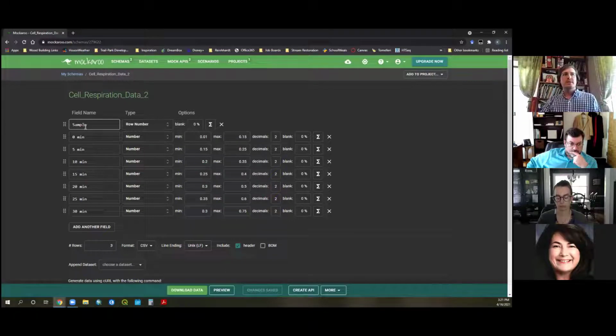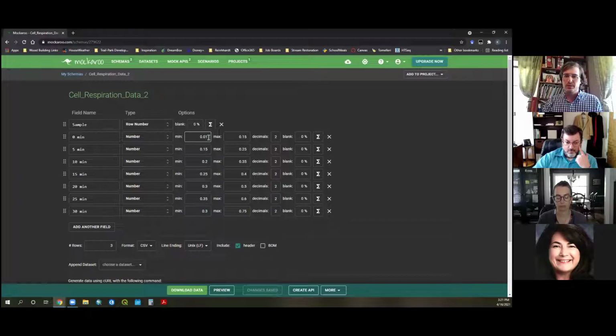And so as you'll see, this is a time series set of data. And I just did the sample numbers. So they have 3 samples by row number, no blanks, no formula edits. And at 0 minutes, I wanted them to have a number. And the data in the book, or the procedure in the book, says that if it's below an output of 0.05, then it's invalid data.